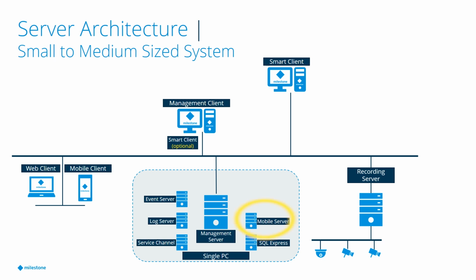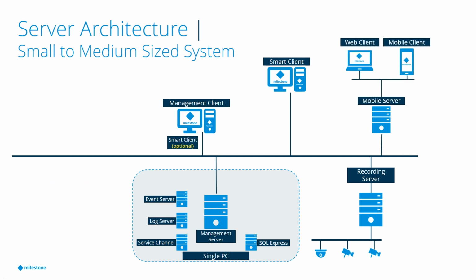Next, if a site has frequent mobile users, the mobile server is typically split off on a dedicated hardware as well. The mobile server is responsible for generating the HTML web-based interface, as well as providing video for devices such as the Android, iOS, and Windows mobile apps. Unlike our PC-based Smart Client software that's used for viewing cameras, we cannot assume that mobile devices will have sufficient CPU power to display multiple, high-resolution video streams, so the video must be adapted dynamically for these smaller devices.